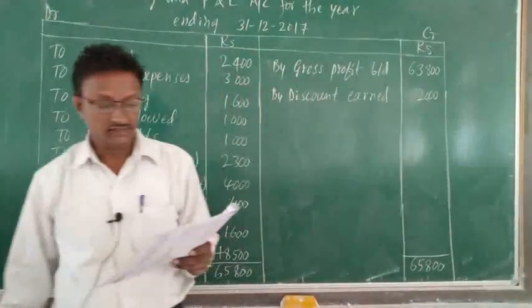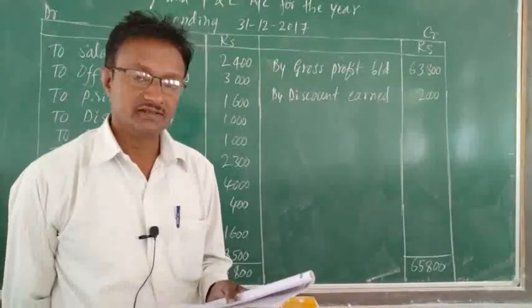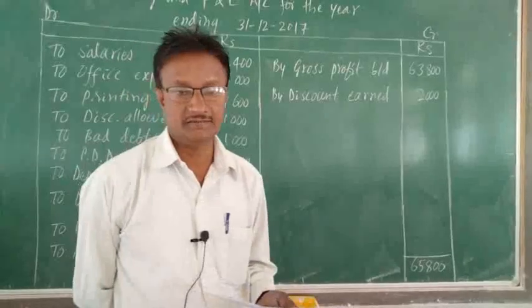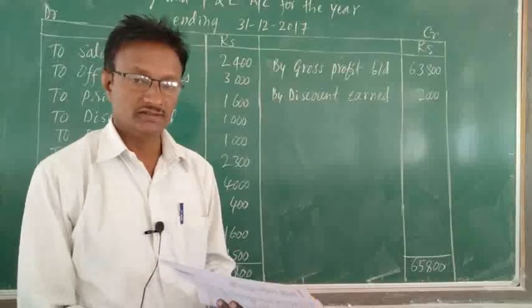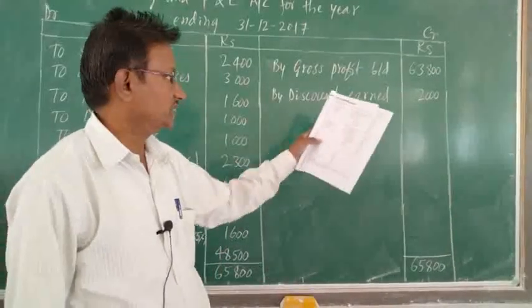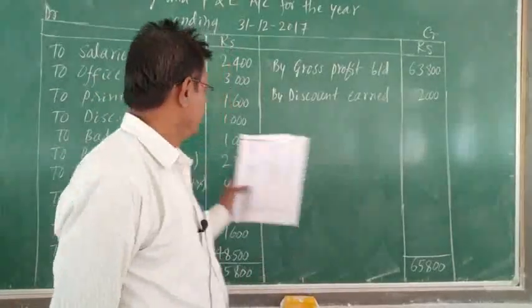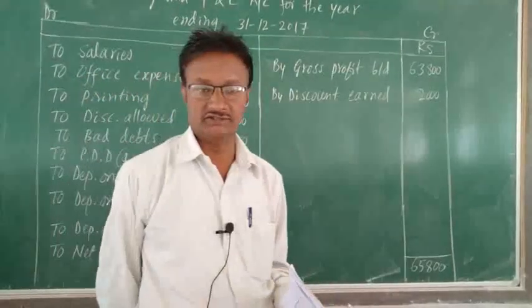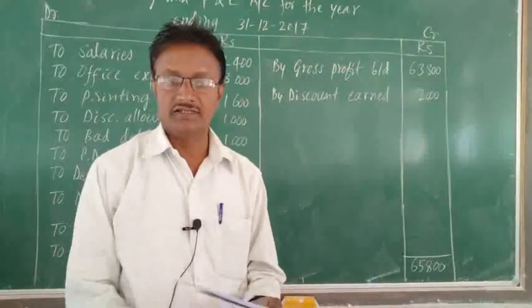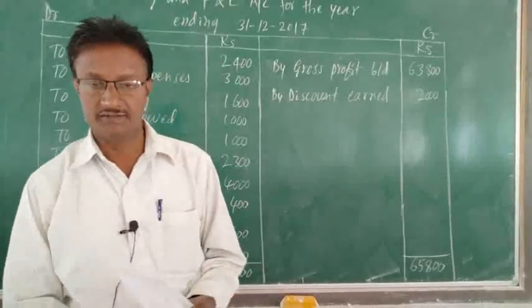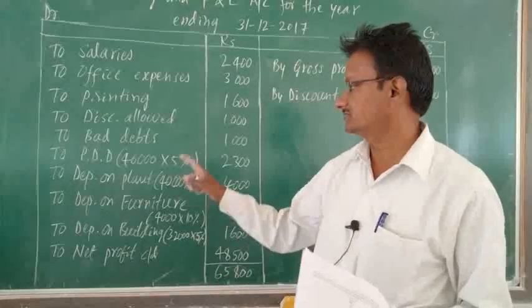And here you observe the cash book, receipt side and payment side. On the receipt side, there may be any incomes and they have to be taken on the credit side, and if there are expenses, they have to be taken on the debit side. And also see the other information, which are incomes and expenses. Incomes should be taken on the credit side and expenses should be taken on the debit side.